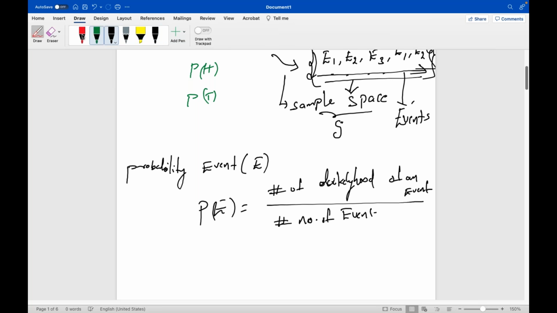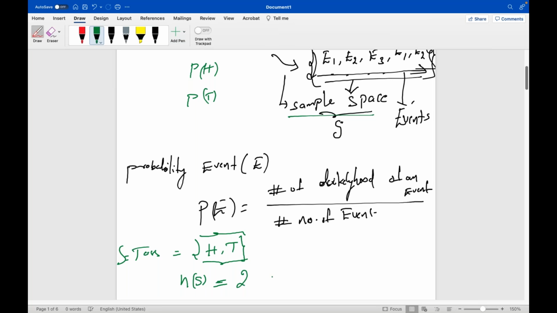Okay, for example, let me consider a small example for understanding this. I just toss one particular coin. Then I can get the options either tail or head, all possible outcomes. All possible outcomes we call the sample space. So here you might get either tail or head. This is my sample space, and the total number of elements in the sample space means all possible outcomes.